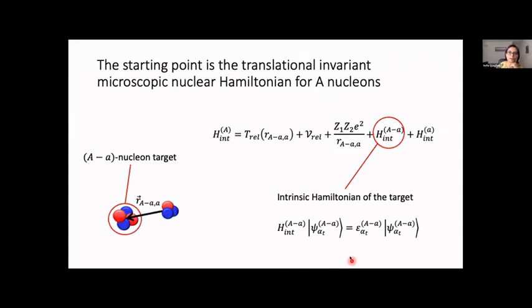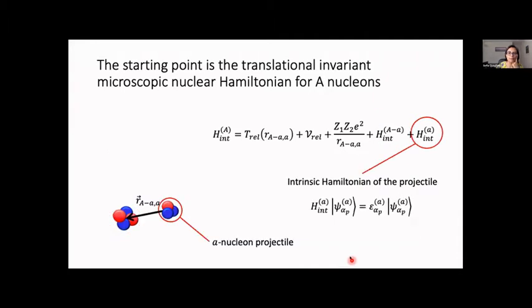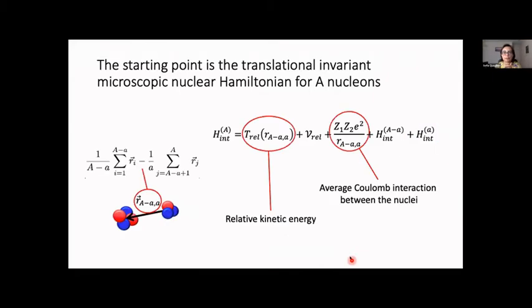So the target Hamiltonian, which comes with its own eigenstates, the projectile Hamiltonian with its eigenstates,